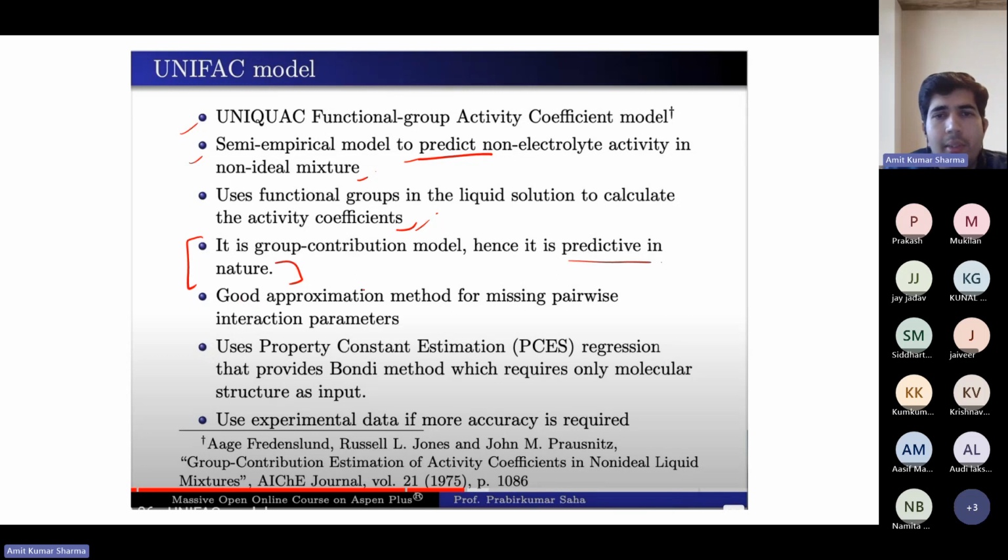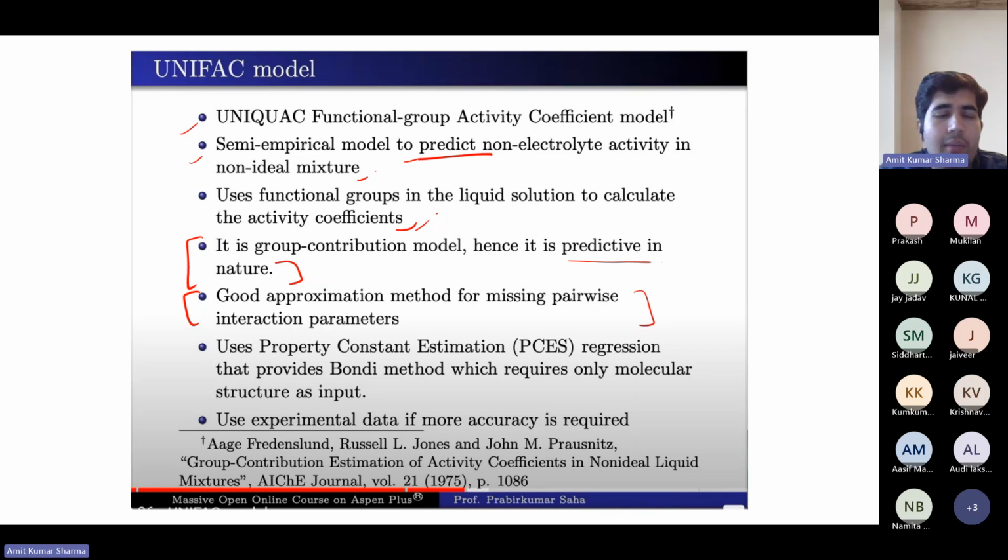It is a good approximation method for missing pairwise interaction parameters. In some calculations, we don't have all the interaction parameters. I think in previous classes, for some systems, we did the property estimation using UNIFAC estimation. If we select UNIFAC estimation, then there will be more binary interaction parameters, so you get a good result, closer to the exact result.